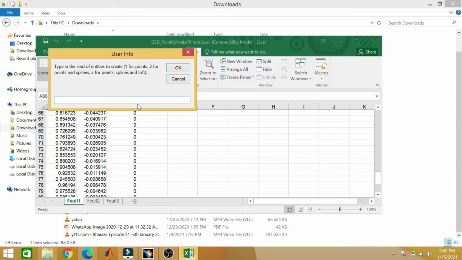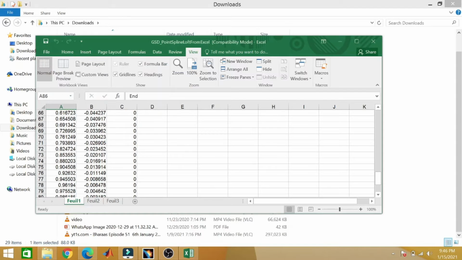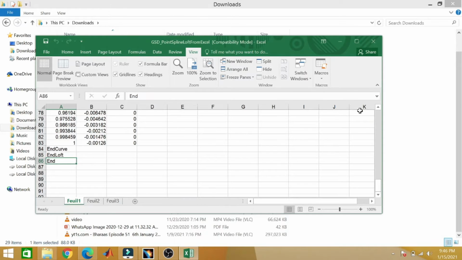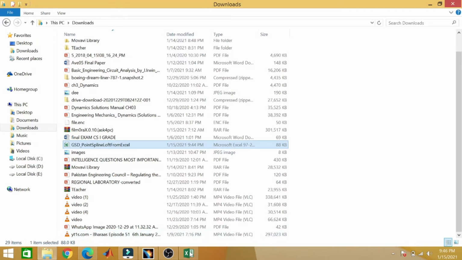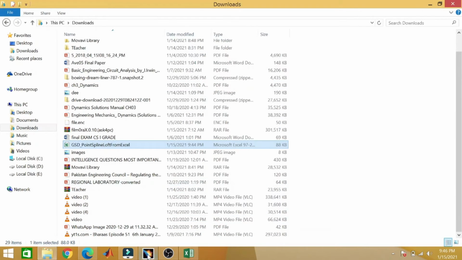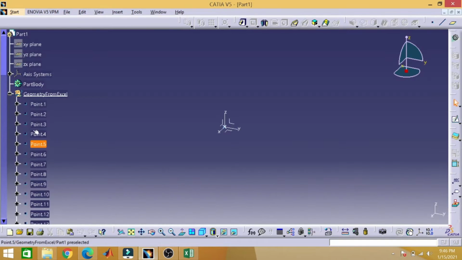And I need points in supplying, so I will have the option 2, and then I will enter. So this has run, the same as I have done for the wing. I will just fit all in,